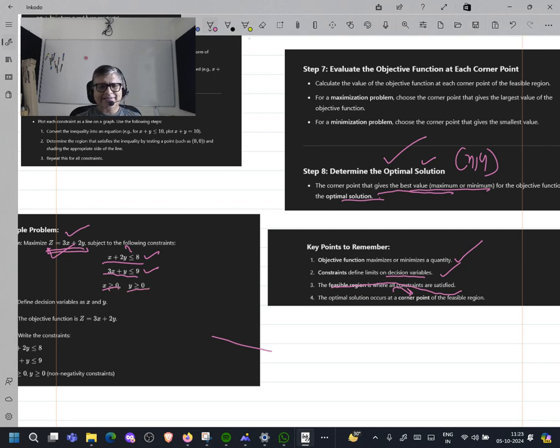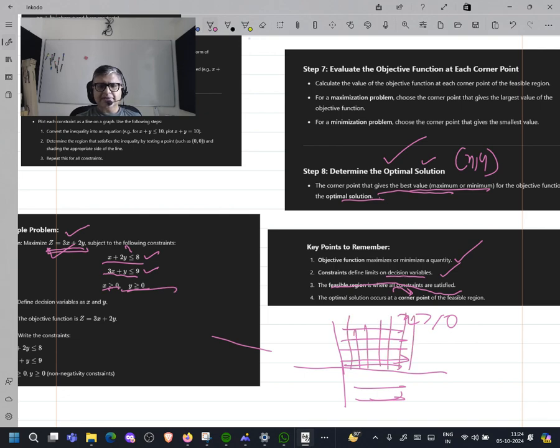If I have to draw x greater than equal to 0, right? So this is the right hand side. All this shaded area corresponds to x greater than equal to 0. All the area which is y greater than equal to 0 corresponds to this. And then you can use x plus 2y less than equal to 8, maybe this line, right? And 3x plus y less than equal to 9, maybe this line, right? So you can see, this is the common area.